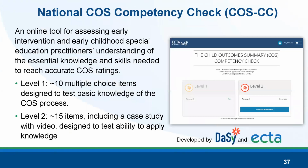Thanks, Pam. Good afternoon, everyone. I'm going to tell you a little bit about the national version of the COS Competency Check. The National Child Outcomes Summary Competency Check is still under development. This tool will be used to assess practitioners' knowledge and skills